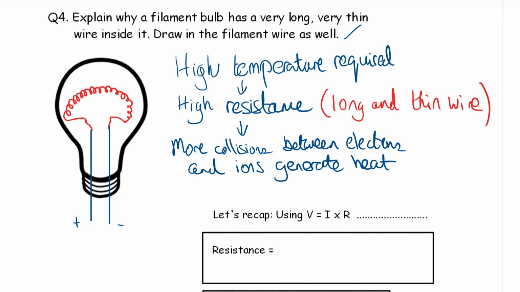I just put down a few notes there to help you with your explanation. Explain why a filament bulb has a very long and thin wire inside. Well, you've got to start from the point of, to have a bright bulb, you need this filament to be able to radiate light. Otherwise, there's no purpose in the light bulb. And in order to radiate light, it's got to be at a very high temperature,